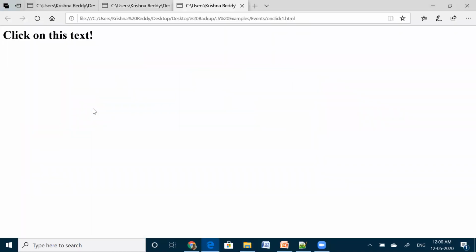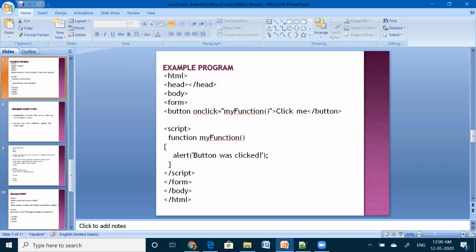Right here, it displays one text. Whenever I click on the text, the on click event will be generated. Because of that, it calls one function. In that function, I wrote the message, hello, how are you? So here the on click event will be generated because of any event source. It may be generated because of text, or because of buttons, anything. Okay. Let's come back to our class.